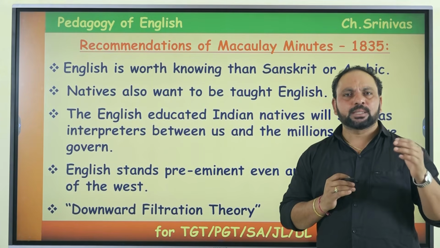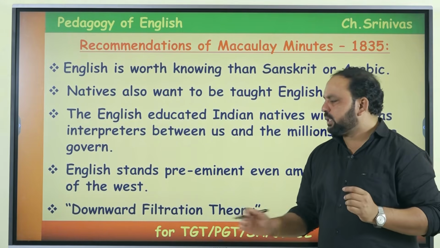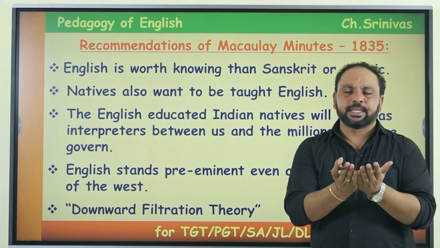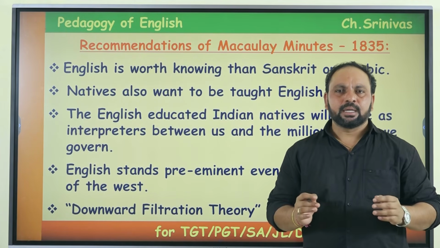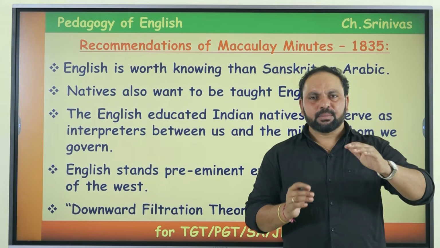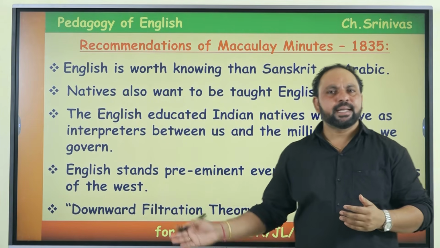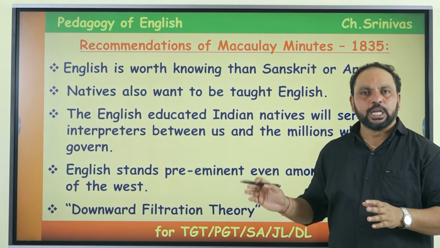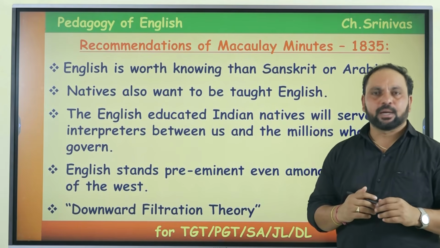In order to educate the mass people of India, Macaulay wanted to introduce a downward filtration theory in which first they wanted to educate a few people of Indians in English, and then those people will be teaching the other people. In this manner, English was to be taught to the entire Indians. Okay, ఒక layer wise కొంతమంది ఇండియన్స్ ముందుగా ఇంగ్లీష్ టీచ్ చేయడం, and those people will teach other people. So that was the intention of the downward filtration theory, but that never went well, and that was a failure. Downward filtration theory was a great failure, which was suggested by Macaulay's Minutes, right?